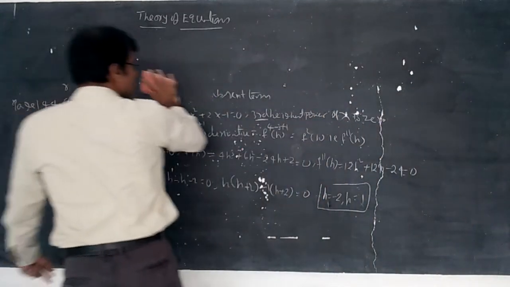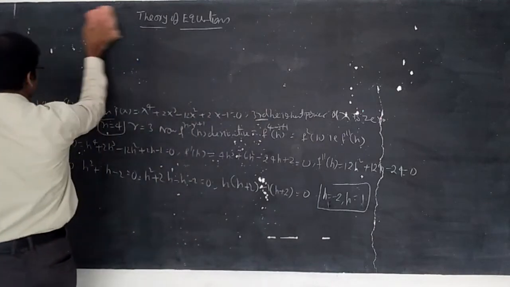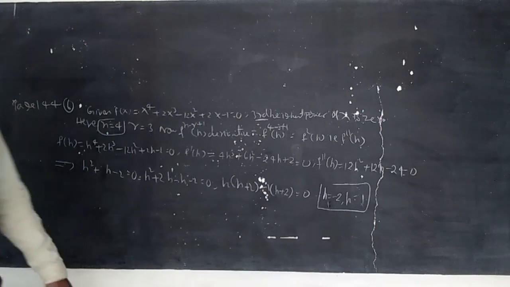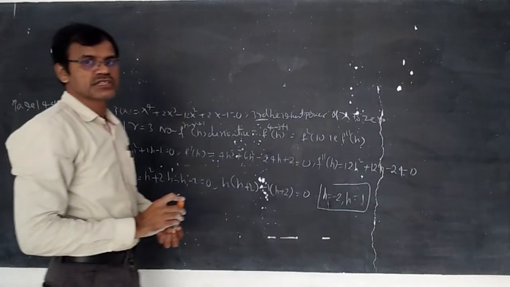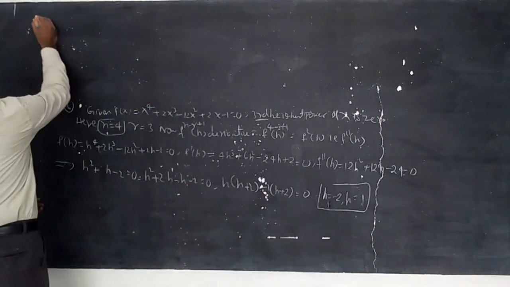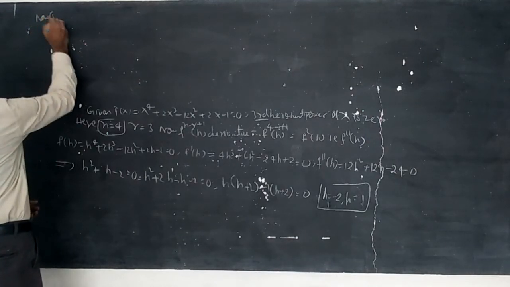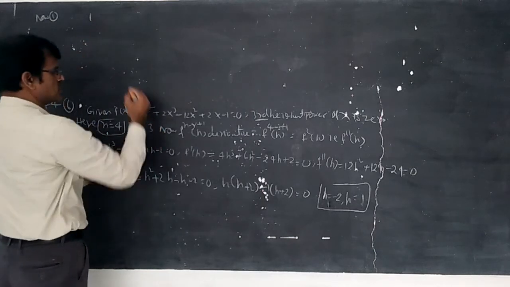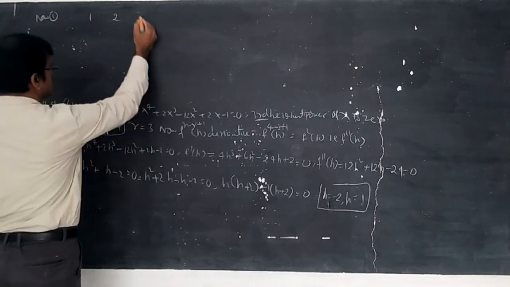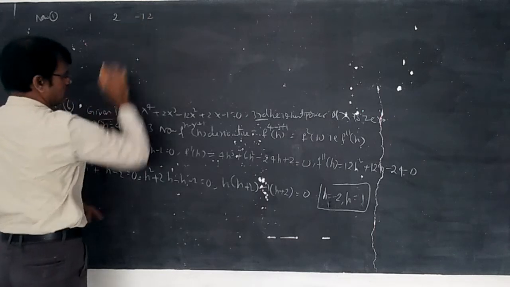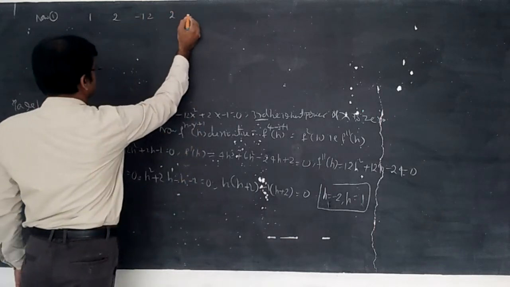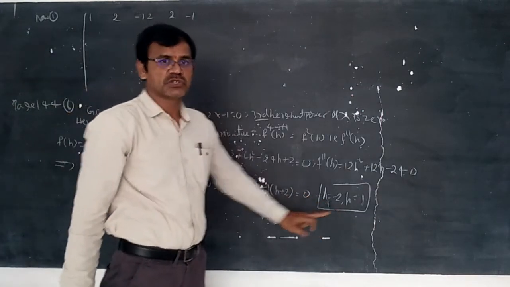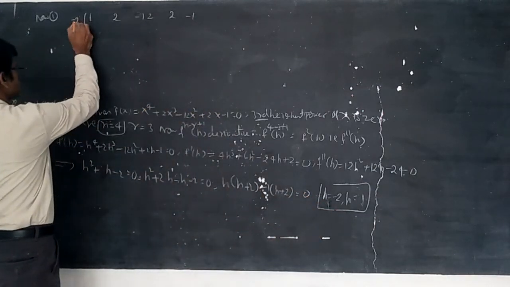Here you can understand the value should not change. It is not like the previous sum. The value should not change. Whatever the minus 2 is there, simply write minus 2, and 1 is there, simply write 1. Now, the first one I am writing. The transformed equation: here this is 1, the numbers 2 and minus 12 and 2, minus 1. First one, with how much given? Minus 2. Right here, minus 2 only.